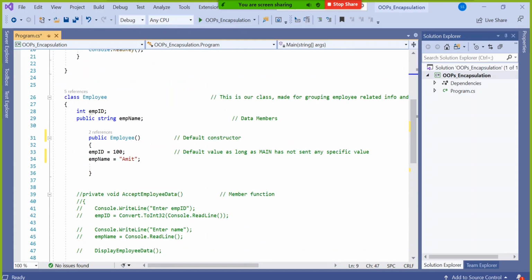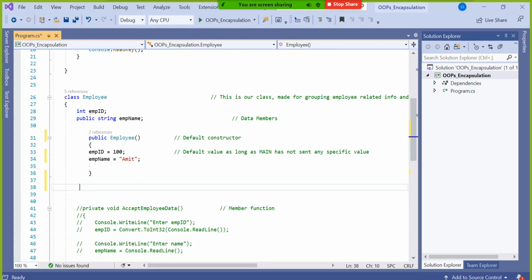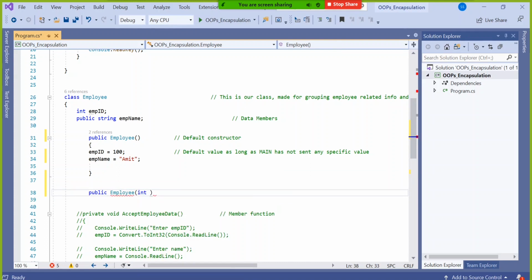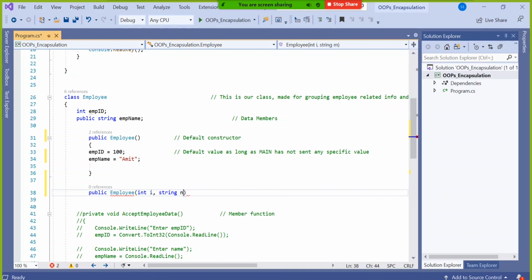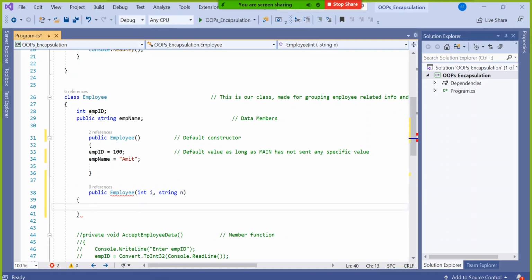So let's see. I will define one more constructor called public employee. Here I will have two parameters like this: integer i for ID, and string n for name. In fact, that is also a constructor, this is also a constructor, no doubt about it.